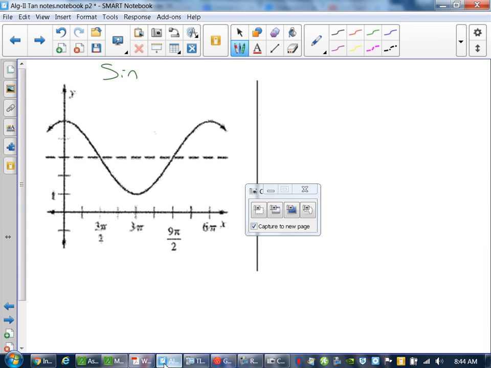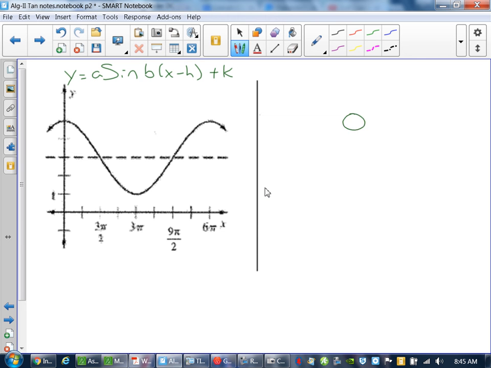I said that it was a cosine, and then I just said that it was shifted vertically, 3. Now, they want you to think of this one being a sine graph, and what I want you to remember is that sine values start where? They start at their zeros, okay? Sine starts at 0, so a sine graph would be 0, A, 0, opposite A, and 0. So if my sine graph is starting at a 0 value,